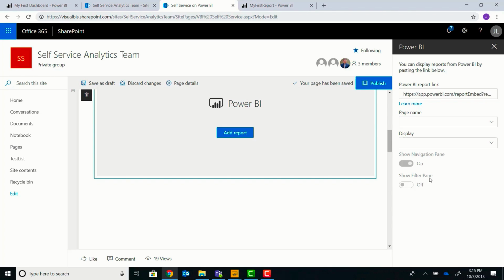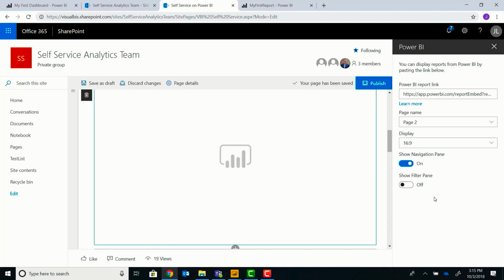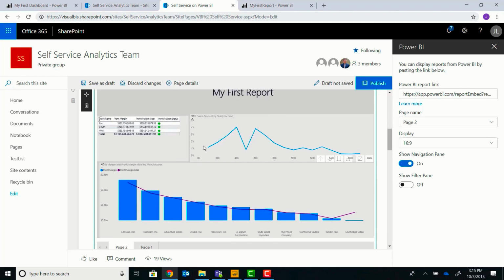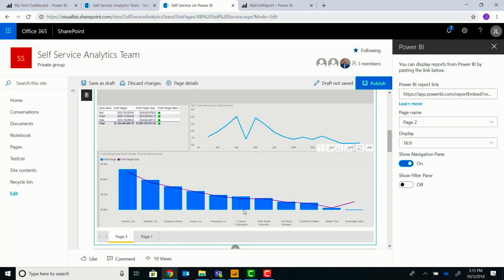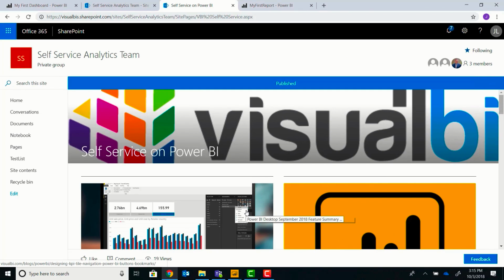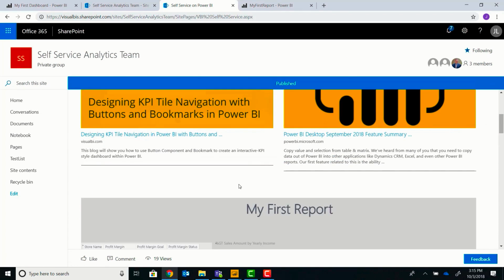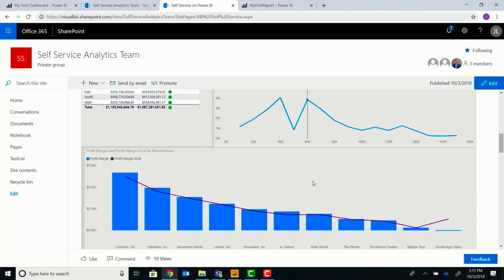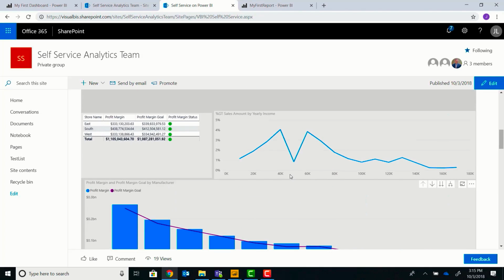So the use case here is if you have a group of individuals who are maybe more accustomed to using SharePoint Online, they don't necessarily have to go into the Power BI service. You can actually provide the Power BI report directly to them and to their doorstep, so to speak. Exactly. So now here we have our links, we have our Twitter, and then we have our Power BI embedded